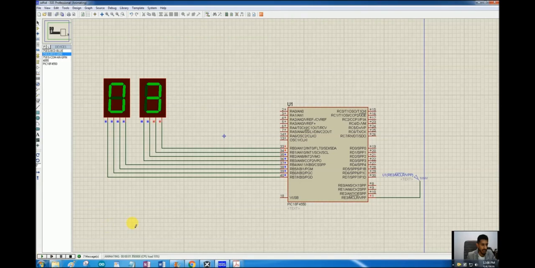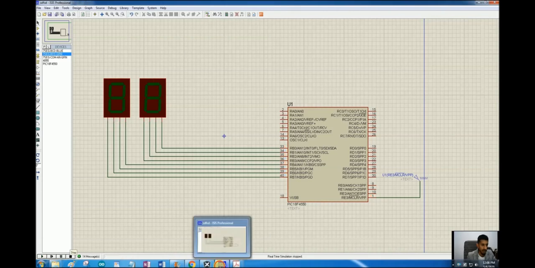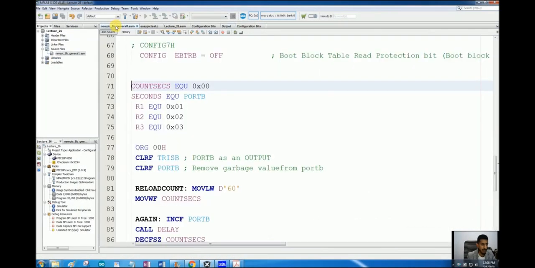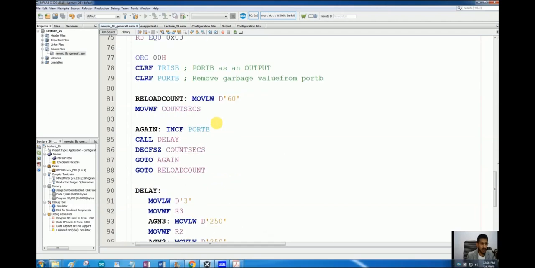Let's see, it is displaying 0, 1, 2, 3, 4, 5, 6, 7, 8, 9 and then it will display A. So it is not showing 0 to 9 but it is also showing the hexadecimal numbers. That is not what we need right now. So we have to go back to our code and see where we should use the decimal adjust command to omit the hexadecimal numbers and keep only the binary coded decimal numbers that are from 0 to 9.